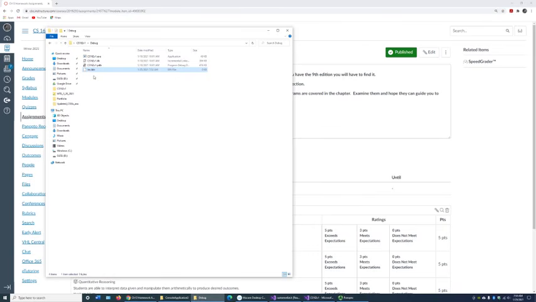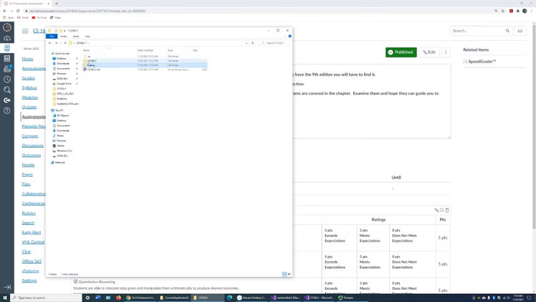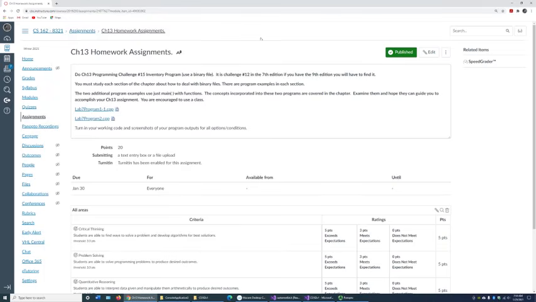It's going to happen. It's part of learning. So that's the critical aspect of your inventory program. Make sure that your file is in with your CPP and your header source files. Just create it first and then start working on your code. Okay, now that we've got that out of the way, what we're going to do is continue on